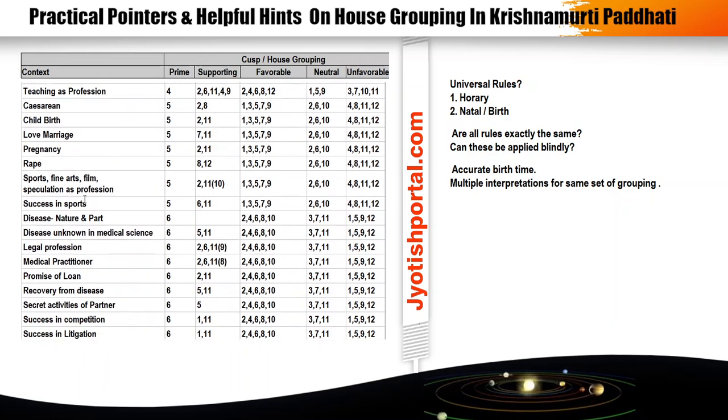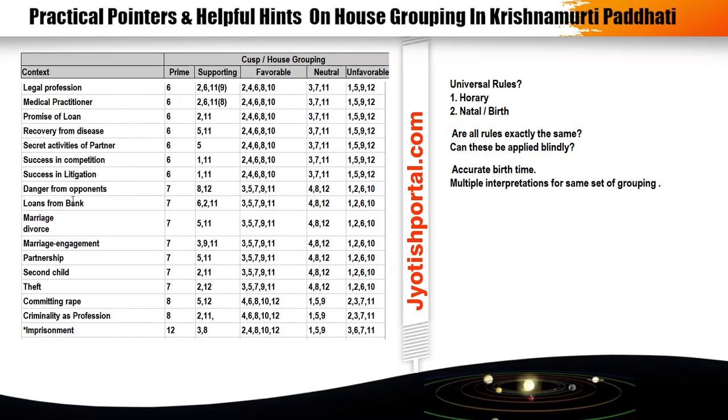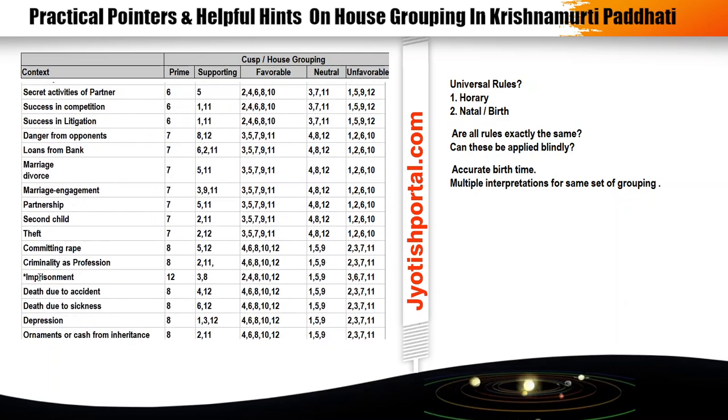And then moving on, now there is another, the imprisonment. Here he has mentioned that the primary cusp is 12, and then the supporting are these. But if you read Krishnamurti's books, then Shri KSK has mentioned that especially in the Horary, the 12th